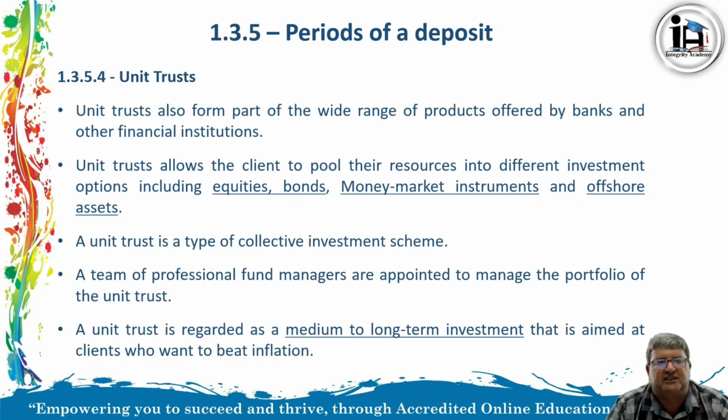When you look at unit trusts, they also form part of the wide range of products offered by banks and other financial institutions. Unit trusts allow the client to pool their resources into different investment options, including things like equities, bonds, money market instruments, and offshore assets. The unit trust is a type of collective investment scheme. So they collect all the money from various people and they invest it in a scheme. That's why it's called a collective